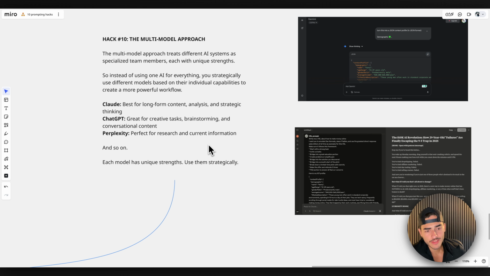And hack number 10, this is something I was going to mention previously but I didn't want to skip, is the multimodal approach. Every model is trained on different data. They have different parameters. They have different things that they're set on. Claude, for example, is better at copy. Why? They're both LLMs, Claude and GPT. Why is one better? It's just the back end. So what you can actually do is take the same prompt and give it to 3 different LLMs and see which one you like better.